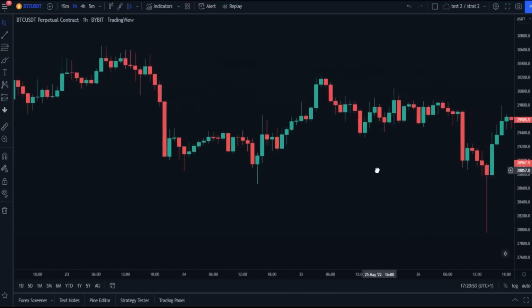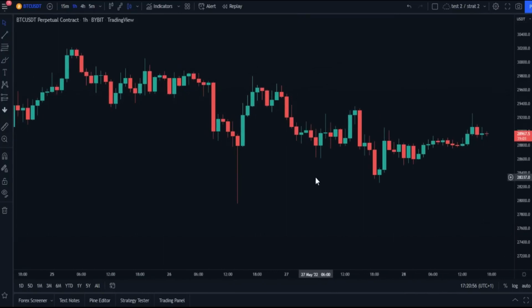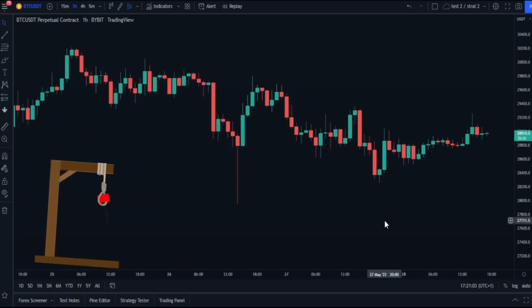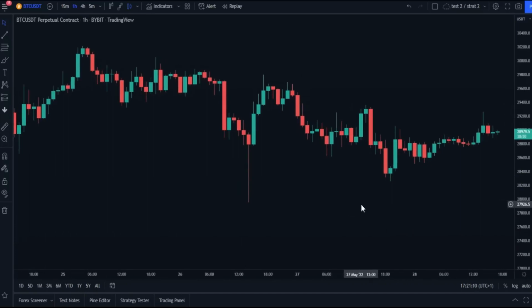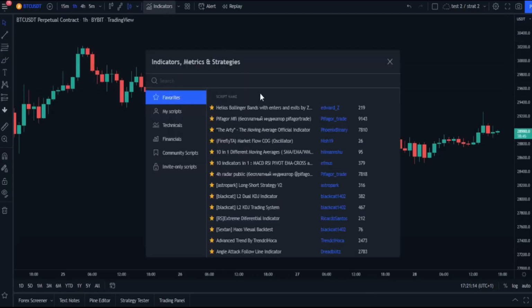But not every hammer candle means bullish, sometimes the opposite may happen, and this candle will be a bearish candle, as you see here, and also here. And in this case, it is called a hangman candle. But the question is, how can we avoid this trap, and how can we identify the bullish hammer candle from the bearish candle? Simply, we will use one of the trend confirmation indicators, and the best indicator that can be